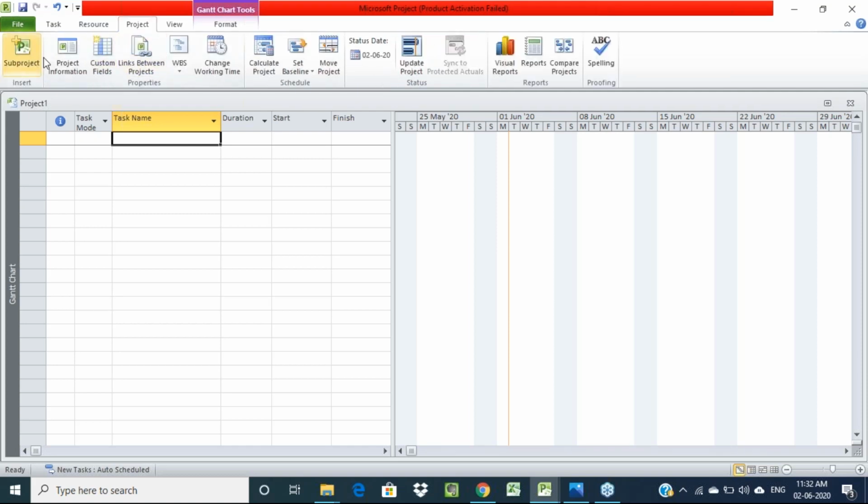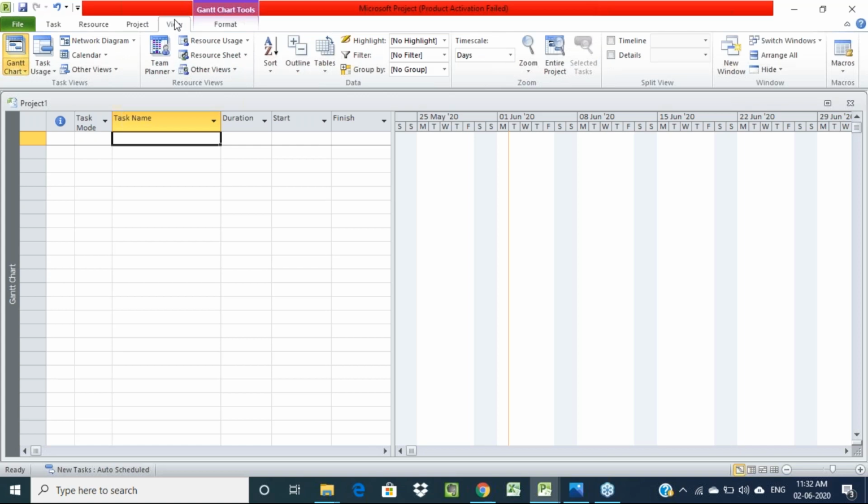And then if you click on project, these are some options we are going to get. Here is the basic project information, like the start date, finishing date, and all those data. Similarly, here we can make the work breakdown structure and the calendar for the project: what base calendar we are using, how to create that calendar, and next setting up the baseline and updating the project. For all those we are going to use this project option. And view: if you click on view, we are going to use this option for checking the calendar and resource usage and what amount you have used.